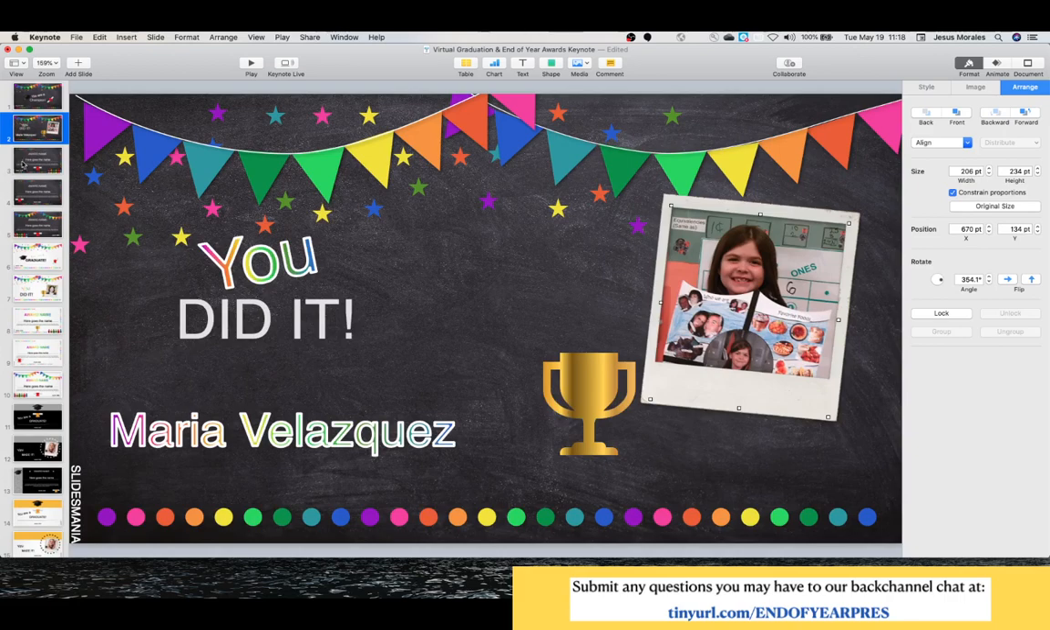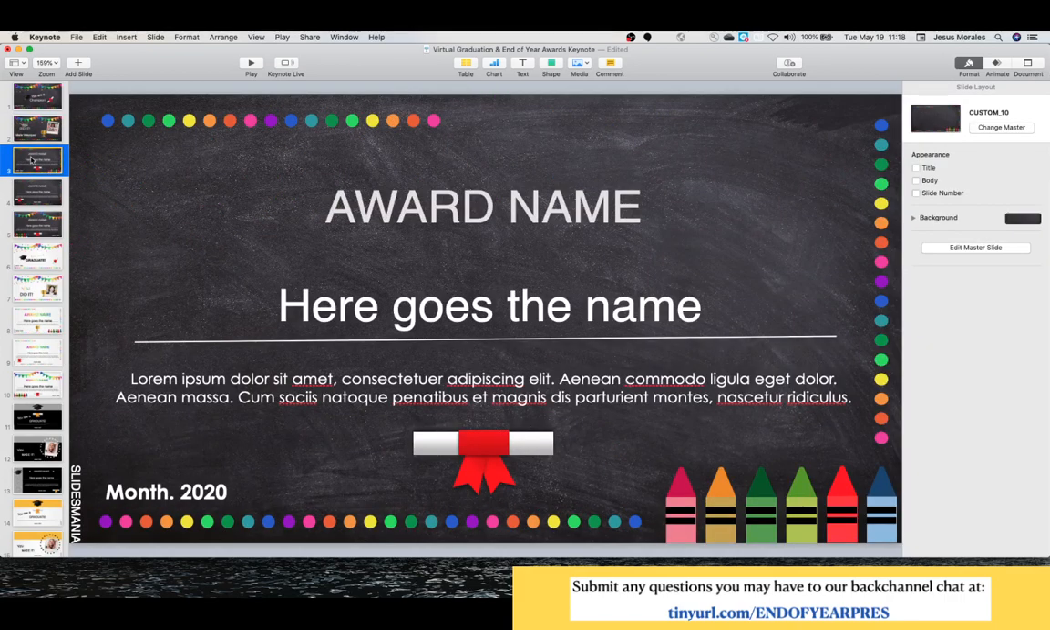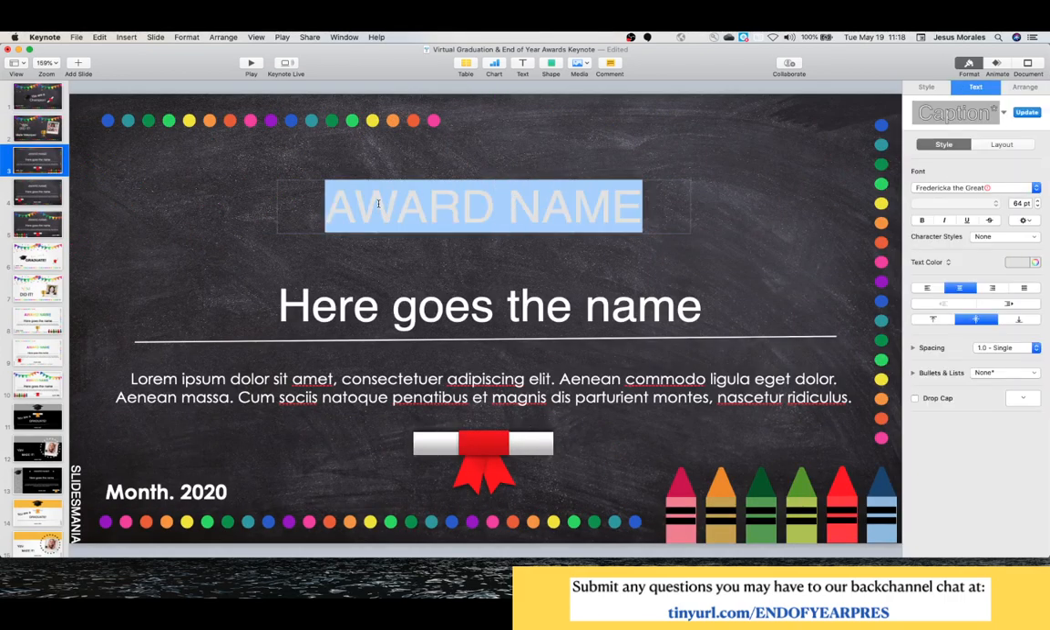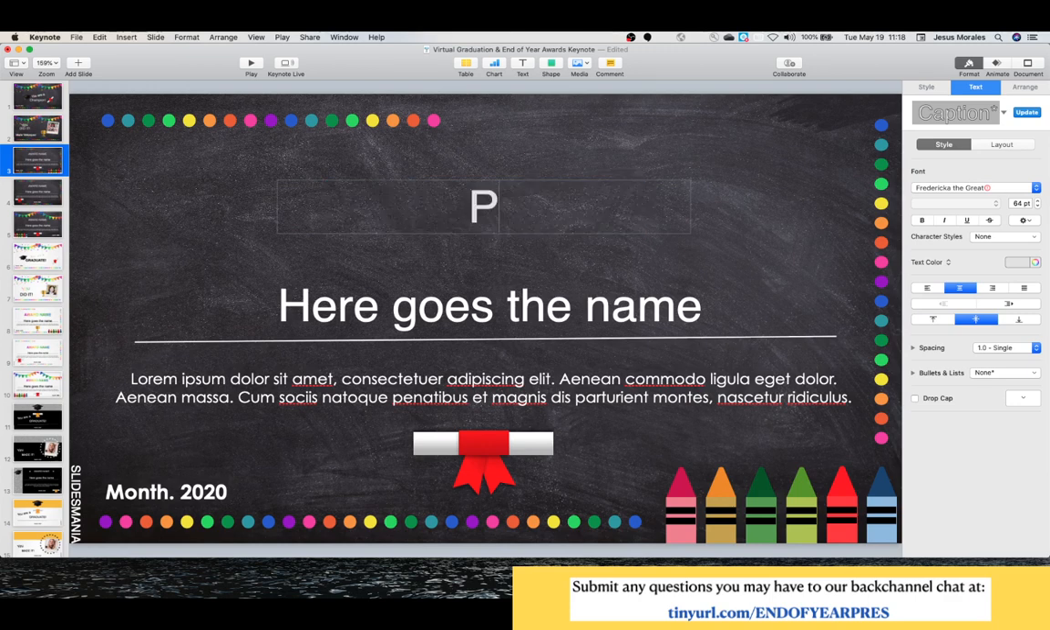And then I have the awards. So I'm using that template. It comes up with the awards. I can change the name. I can say perfect attendance. No, I used perfect attendance last time. Most improved